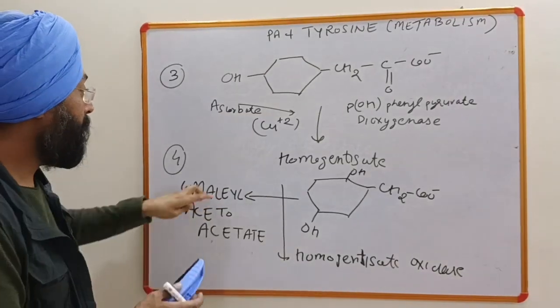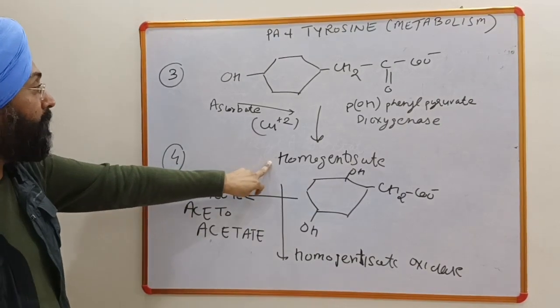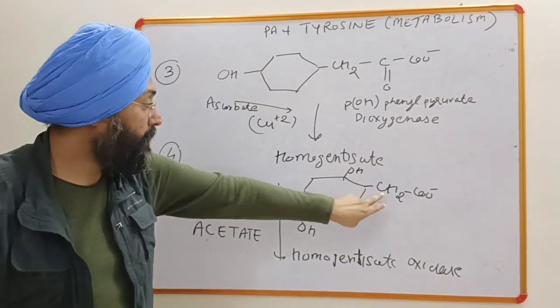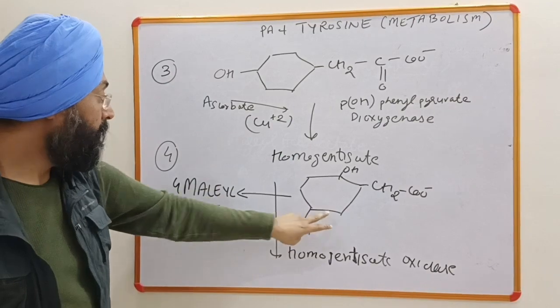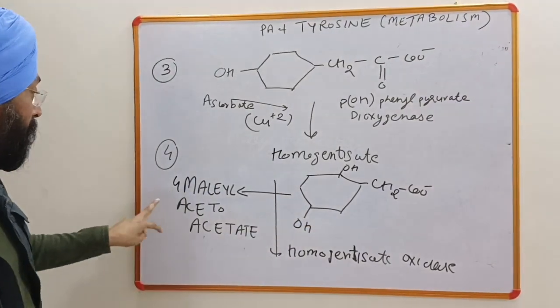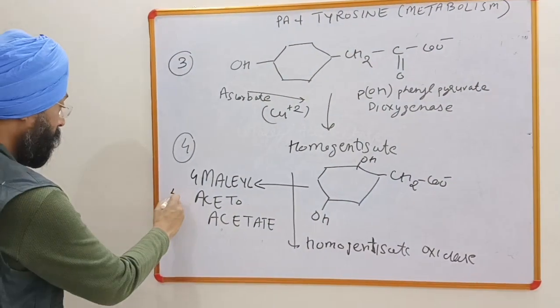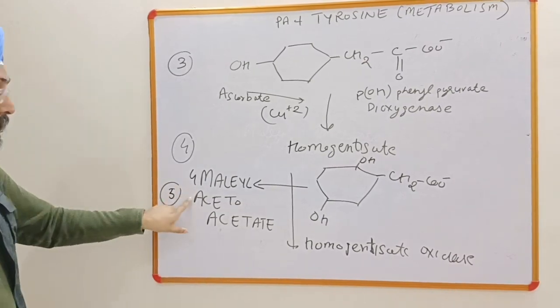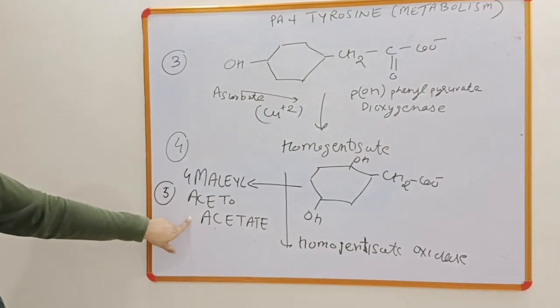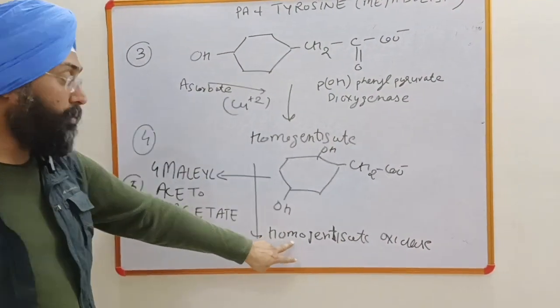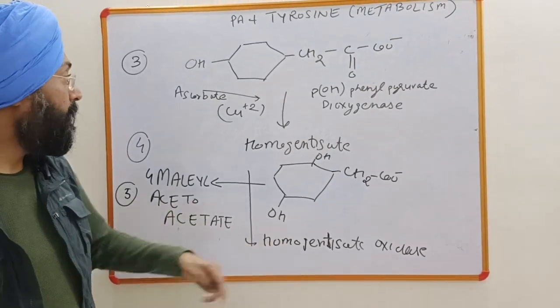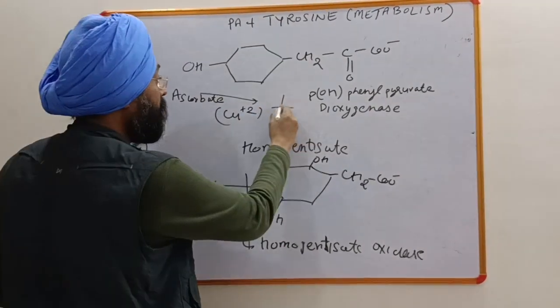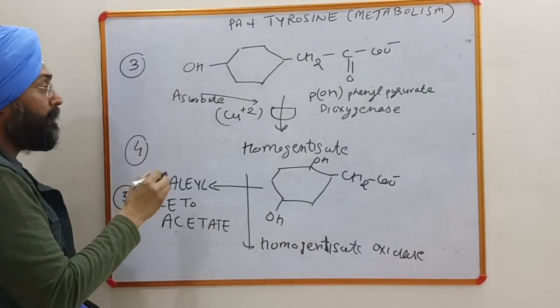It was converted to the fourth product, that is homogentisate, right? So we have two hydroxy groups, CH2COO. This is homogentisate, and it is converted to the fifth product, that is 4-maleylacetoacetate, right? This is carried out by the enzyme homogentisate oxidase, and if there is blockage in this step, the disorder